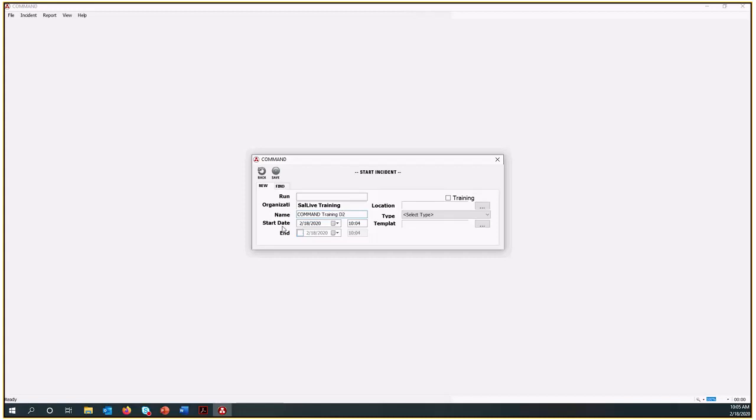At the bottom here on the start date and end date, this is automatically inputted. If you want to enter a different start date and time, you of course can enter that in. At the top here, you'll see there's a checkbox available for training. So if the incident that you're working on is a training type event, make sure you click this checkbox. What this does, it allows you to distinguish which are actual incidents versus training incidents in your incident